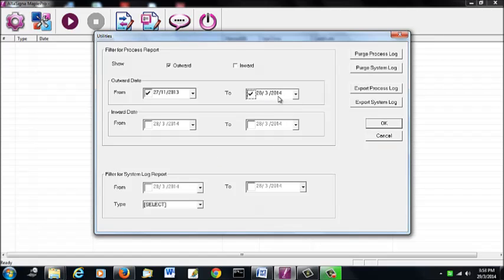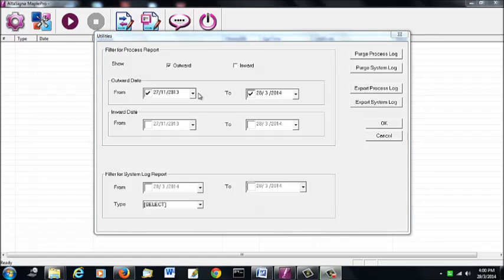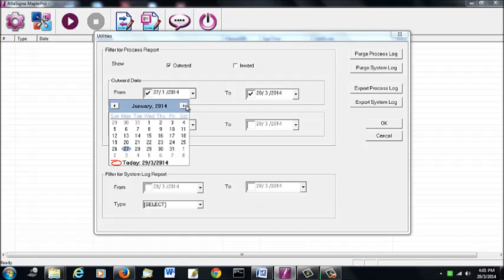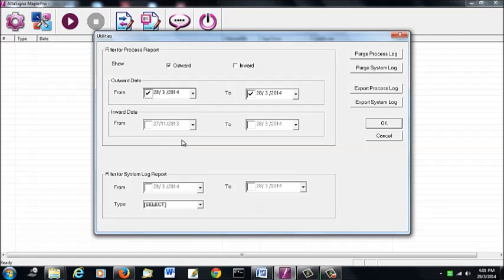If you want to view the reports of a particular date, then select the same date for both from and to dates. For example, if you want to view the reports of March 28, then select March 28 for the from and to dates. To display reports of downloaded files, check against the inward option and select the from and